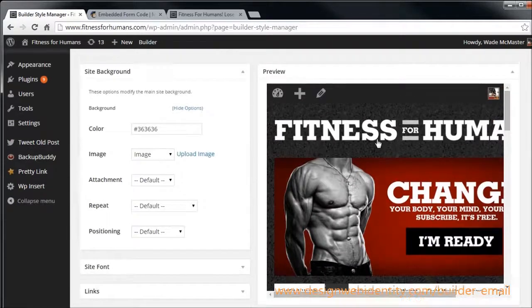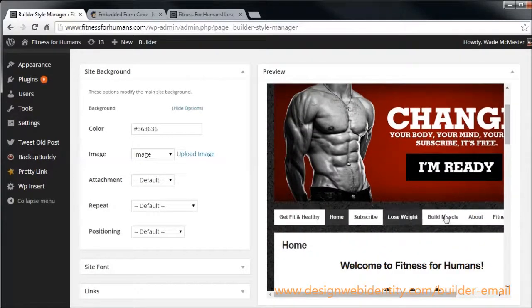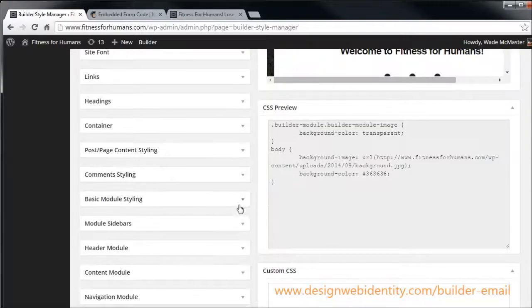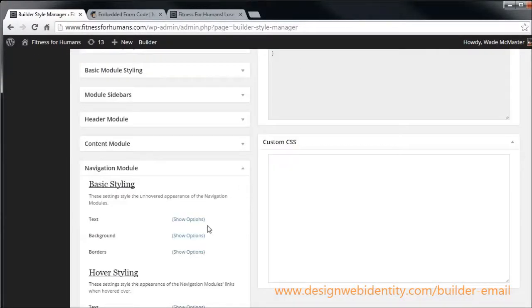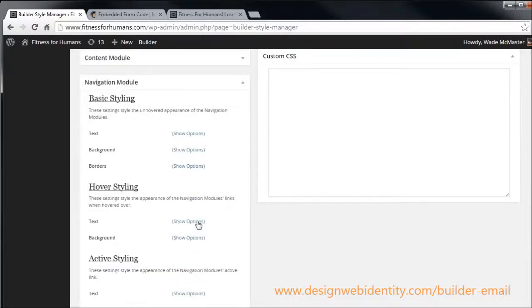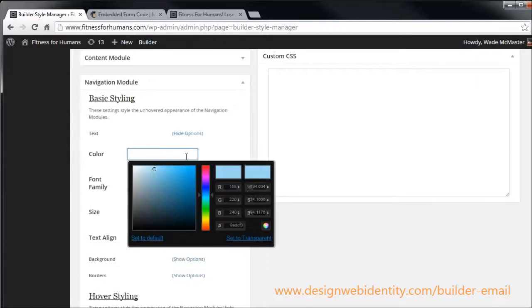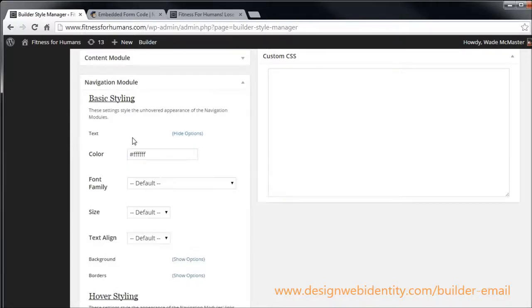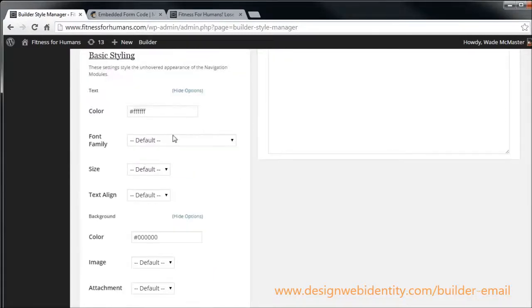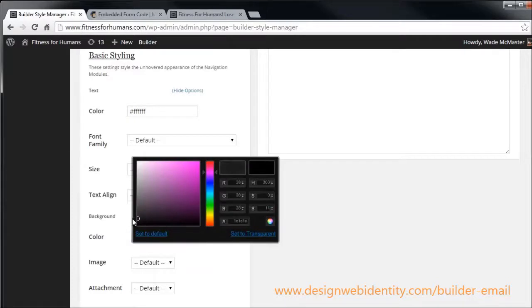Scroll back up, you'll see that it is now transparent, and our opt-in image is there. But I'm not really happy with the white navigation, so we're going to scroll on down to the navigation module. You see you got a few options here. So we'll start off with the basic styling. So we do want our text to be white, and we want the background to actually be black. Well, let's actually, for the sake of this video, make the background color just a little bit lighter than black,